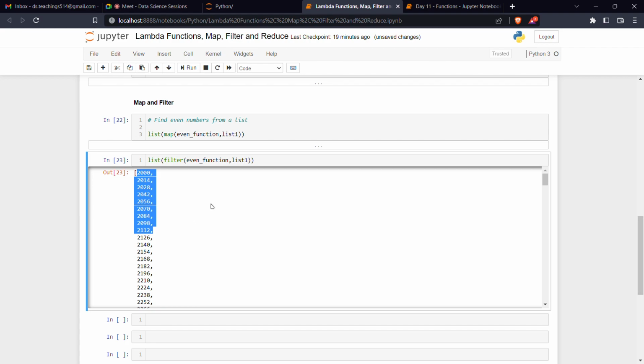So here we can clearly see that using this function applied on list 1, we are getting all the even numbers. And one more thing you might get confused about: I have used a list of this output. If I am not using